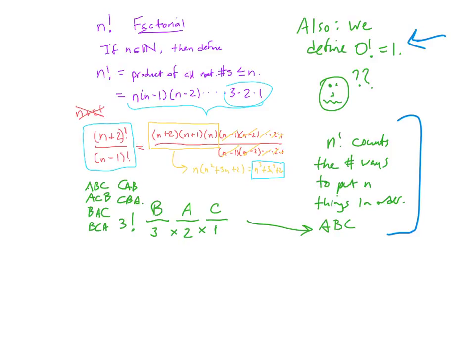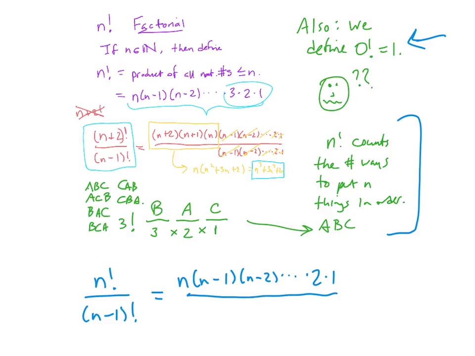You'll remember earlier I said that one thing that we know is that we can often do a lot of cancellation in expressions like these. And in fact, what would this be equal to normally? This would be n times n minus 1 times n minus 2, etc., down to 2 times 1. And then this denominator is n minus 1 times n minus 2 on down to 2 times 1. So if we do all the mass cancellation that occurs here,